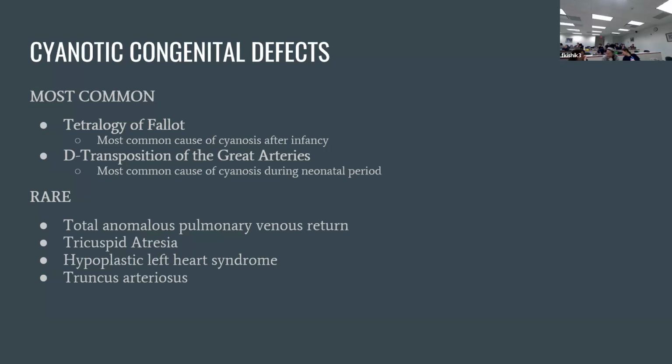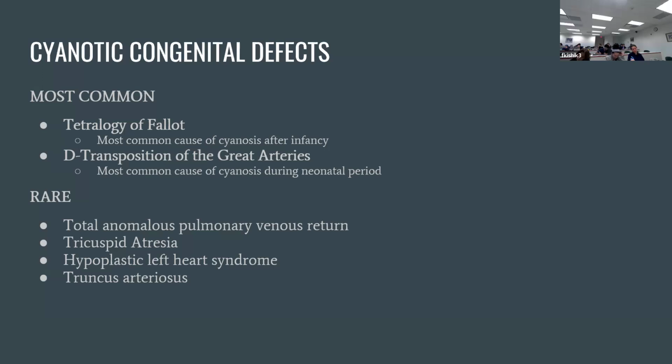Exactly. Okay, so now we're in the cyanotic congenital defects. These are the more severe defects that usually require treatment or surgical correction at birth. And these patients are going to present with cyanosis closer or around birth. And they typically will have right to left shunting or some type of anomaly where the right side is mixing